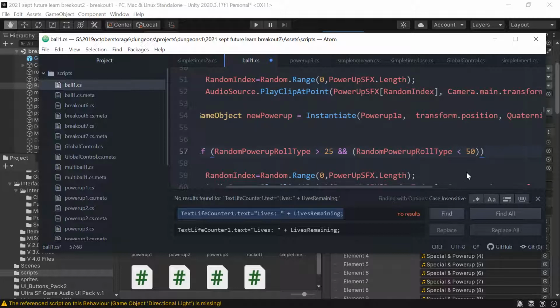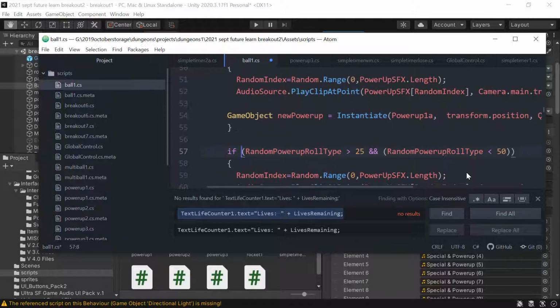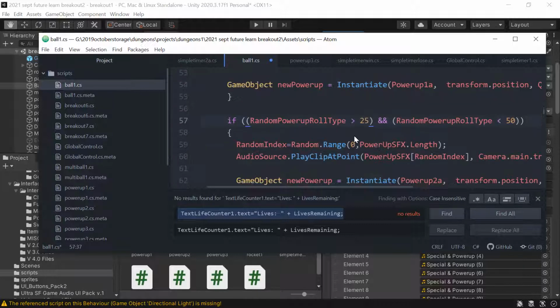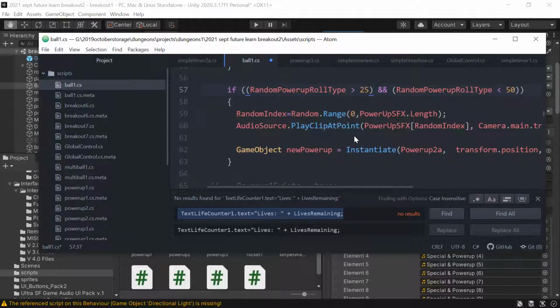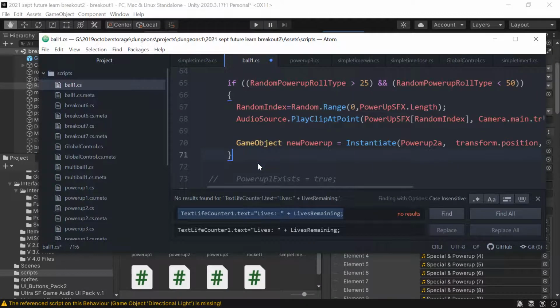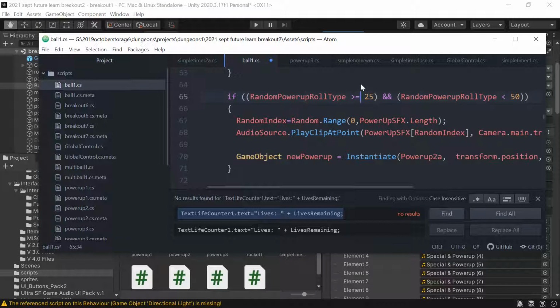Bracket, bracket, bracket, bracket. There we go. Okay, and then we need to do another one. Copy. If greater than 50, greater than or equal to 50,